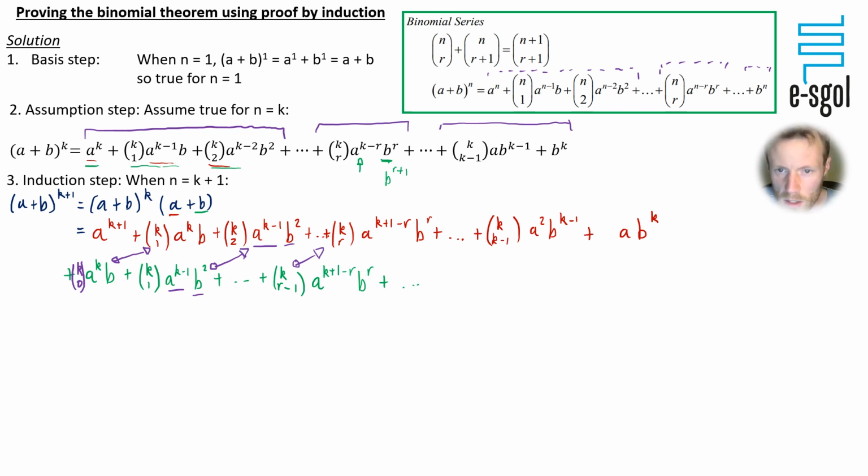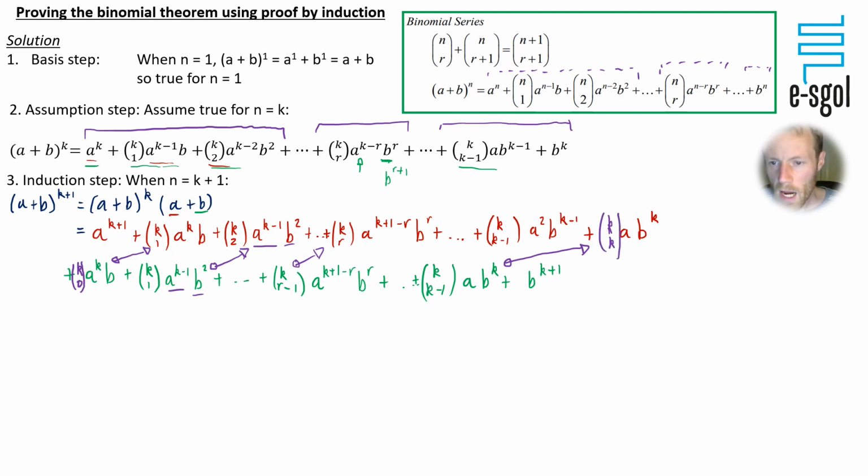And again I'm thinking of pairing these two up, but I can just do this by looking at what I've got here. So multiplying this by b, I've got k choose k minus 1, in fact I should put plus there, a b to the power of k, plus b to the power of k plus 1. Now, looking at these last two bits here, because I'm pairing them up with the term above that came just next along in the sequence, here I think I want to put k choose k.